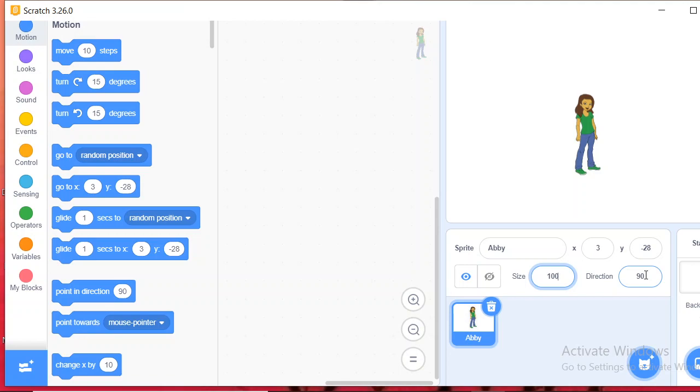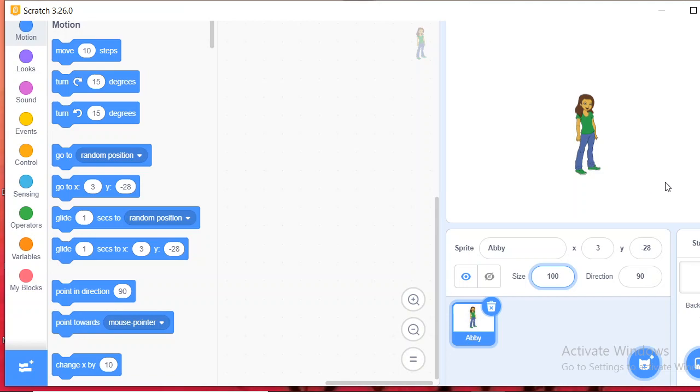Now see, next we are discussing the backdrop, that is, the background. Now, what color is the background on the stage? The default stage background is white in color. Background is called backdrop. So here the default one is white itself. We can change that background color by changing the backdrop.